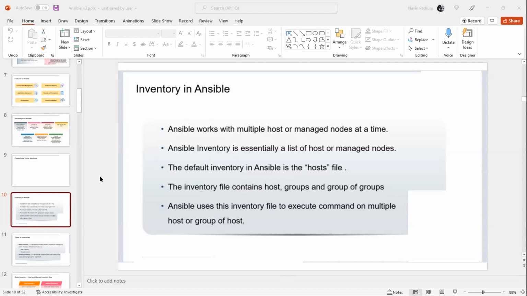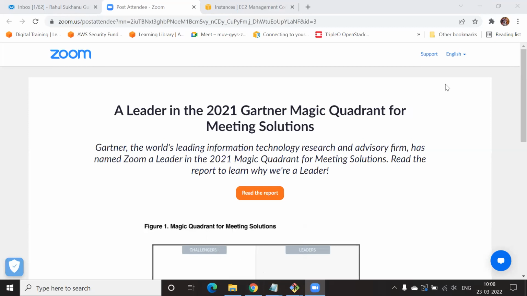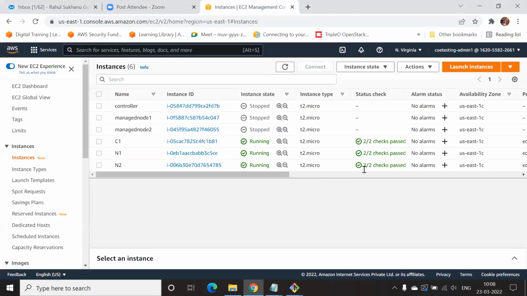Go ahead and share your screen. Bring up the AWS console, please. I'm going to stop the share here. Thank you, buddy. Is my screen visible?